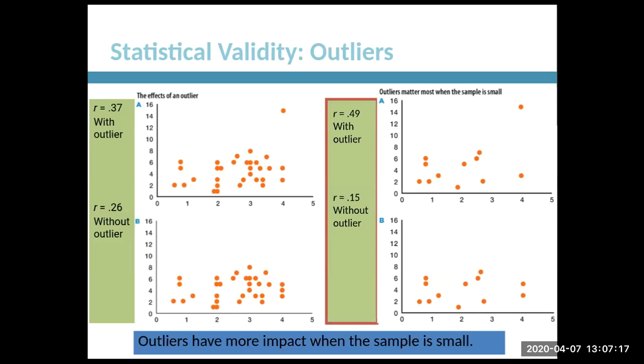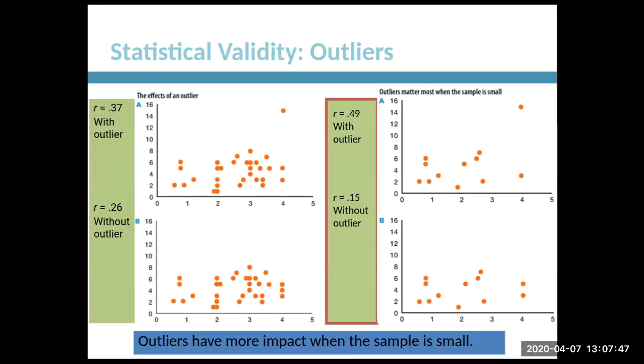Let's look at the one on the right. Here, we only have 1, 2, 3, 4, 5, 6, 7, 8, 9, 10, 11, 12 points of data on the top. On the bottom, we're going to have 11 because we're taking one out. Here you see again, 4 and 14, a really big outlier. With that in place, if we were to calculate it with that one, it's strongly influencing it. The smaller sample size you have, the more influence these individual points have.